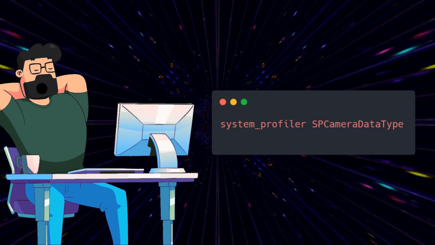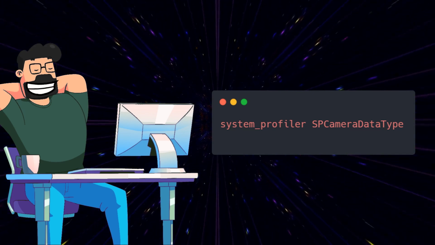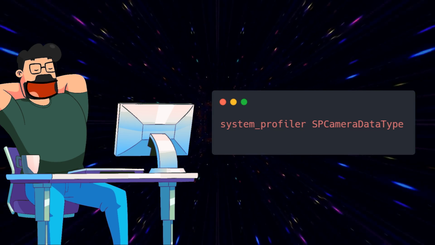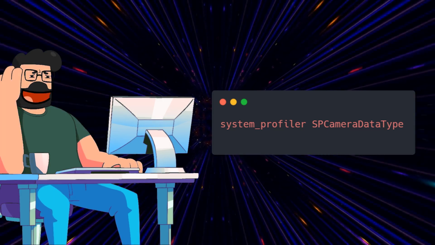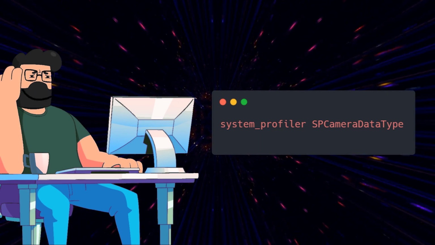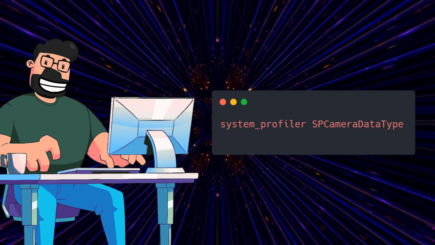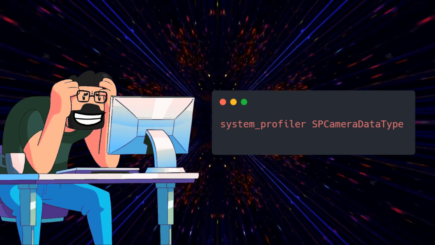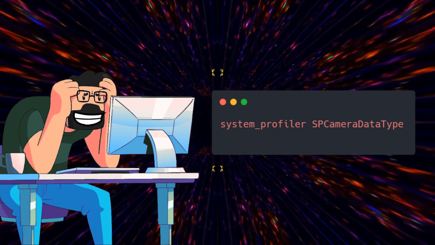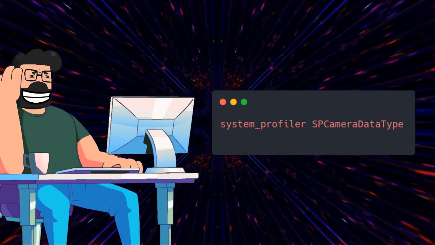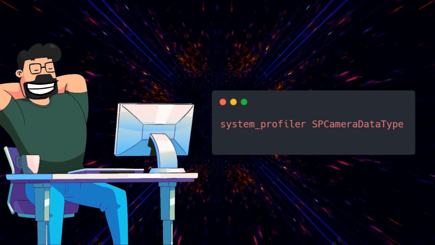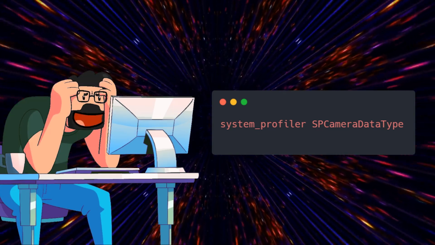You can run system_profiler SPCameraDataType to list all available cameras on your Mac. This command will provide you with a detailed overview of the cameras detected by your system. By running this command, you can easily check if your iPhone with Continuity Camera is being recognized by your Mac. And guess what? I can see my iPhone listed right there, ready to be used for all your video calls